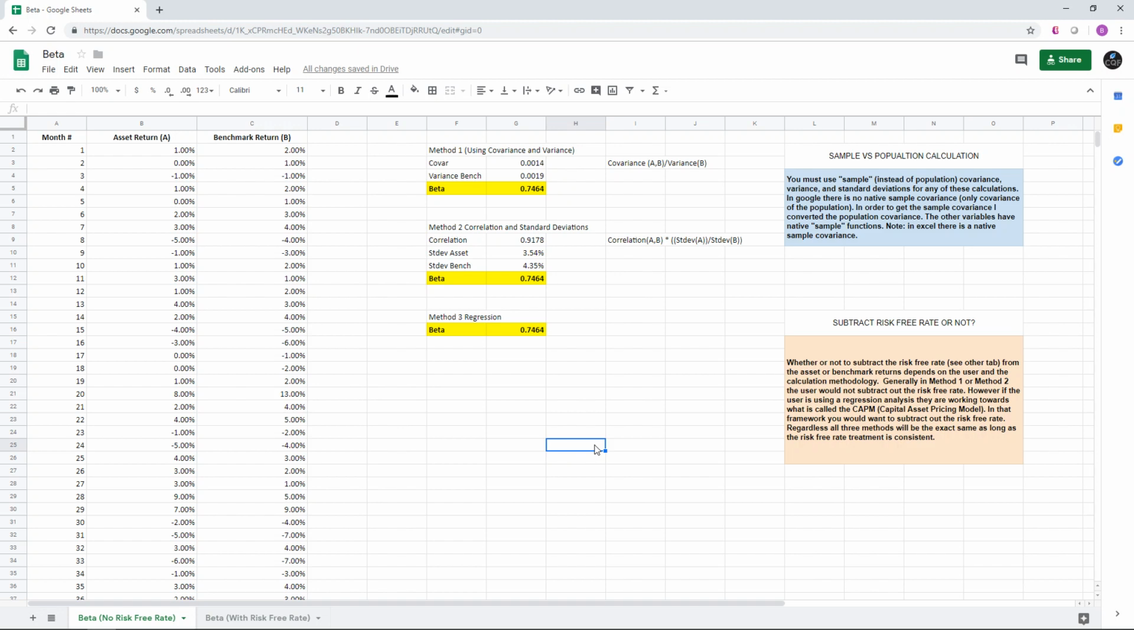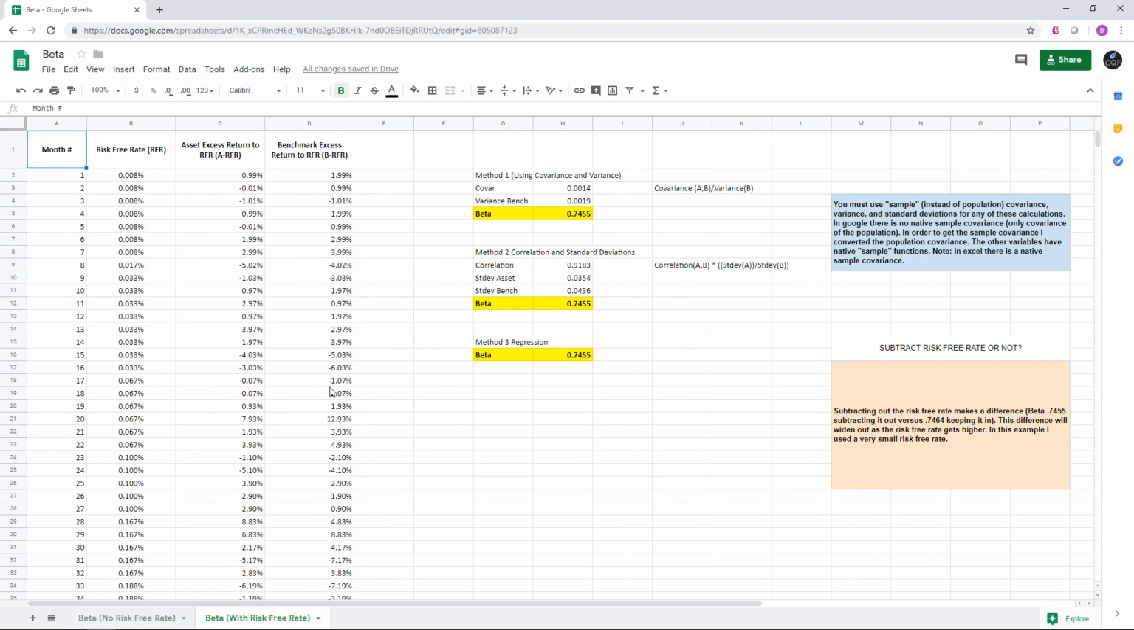However, a lot of people, if they're using the covariance or the correlation, two formulas here, they would not subtract it out. But the result there, you'd have different betas, so you have to be consistent across the board. So I'll show you both ways. Here would be if we did not subtract it out. If you subtracted out the risk-free rate, get another tab here,